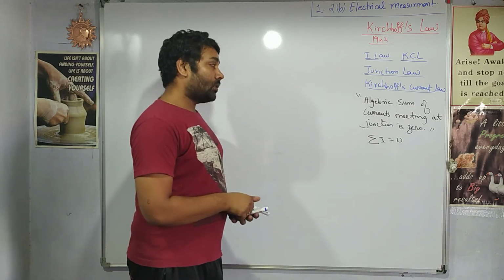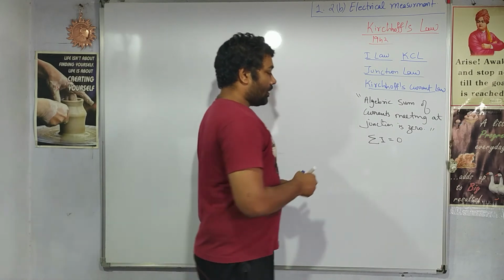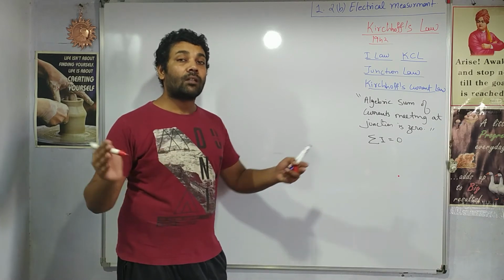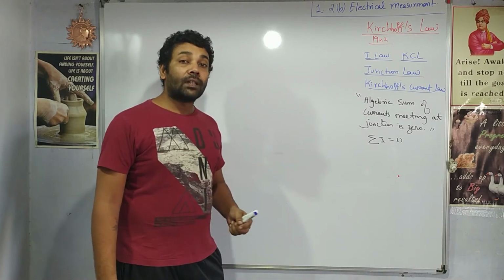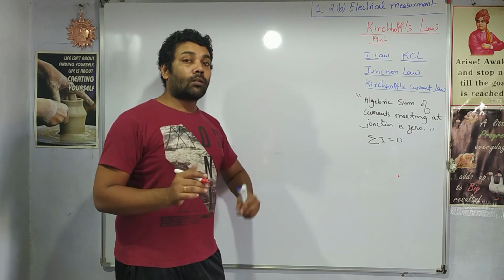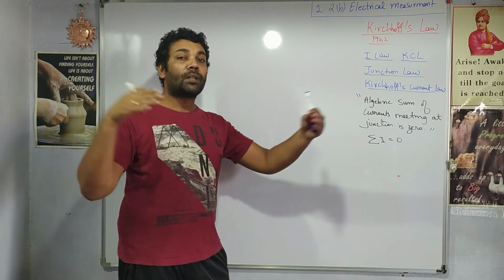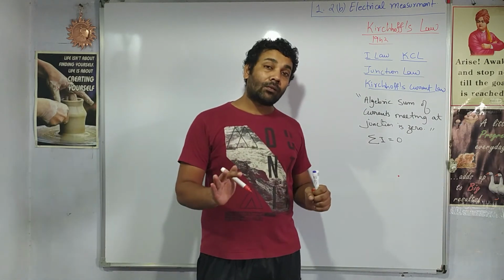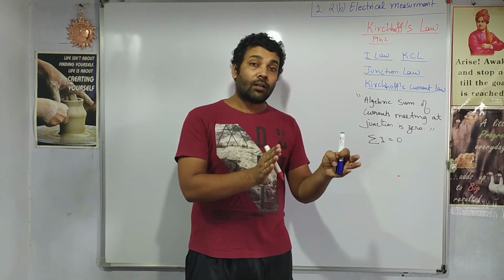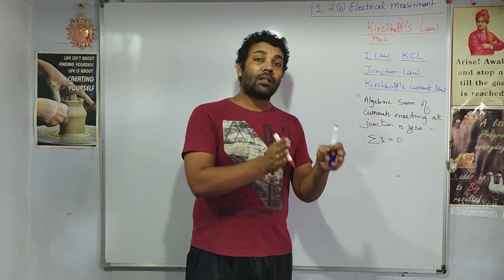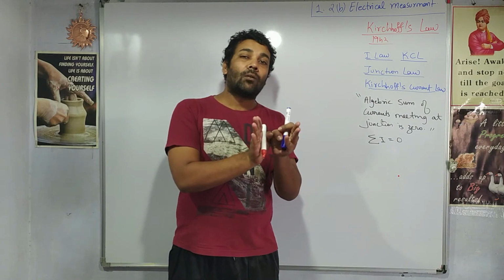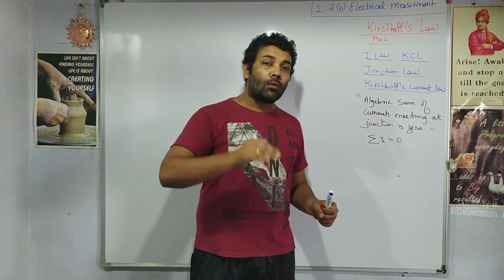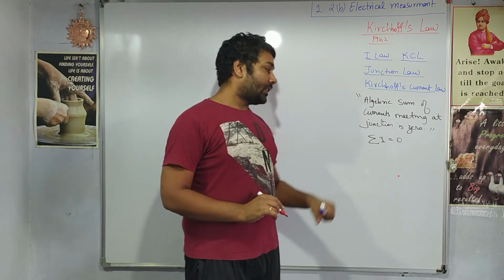Now let us understand what this statement means. Let's say we have a junction. You must know the English meaning of the junction. Junction means where 2 or 3 paths meet. Let's say crossroads. A crossroad is a junction of 4 roads, so we call it a junction. Railways also we name junction. The platforms are named as junction. Junction means from that particular platform, railway goes into 2 different directions, or maybe 3 different directions. So when 2 or more paths meet, we call it a junction.